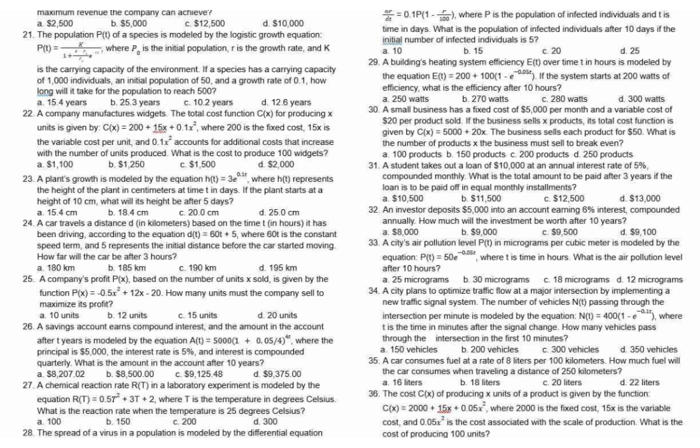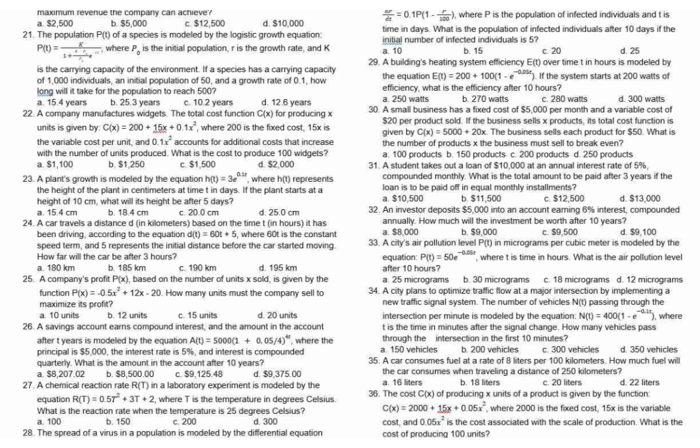31. A student takes out a loan of $10,000 at an annual interest rate of 5%, compounded monthly, so 12. Annual means once a year. What is the total amount to be paid after 3 years if the loan is to be paid off in equal monthly installments? So the answer is letter C,